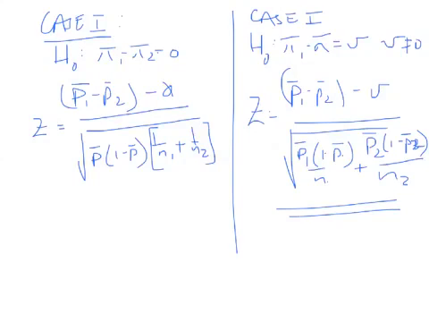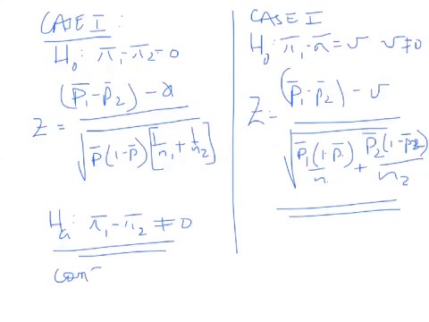I should just mention something here which might be useful. Whenever we're doing, in our alternate hypothesis, a test like this, for example, pi 1 minus pi 2 is not equal to 0, we could actually solve this problem as well by getting a confidence interval. The equivalent of this test is a confidence interval. That's the same for actually all the hypotheses that are two-tailed tests, where you would use p bar 1 minus p bar 2 plus or minus z,